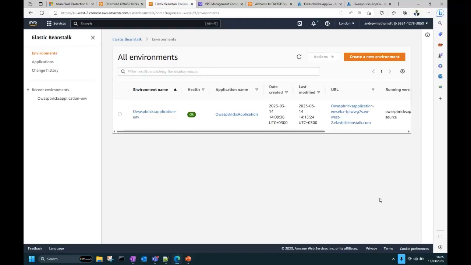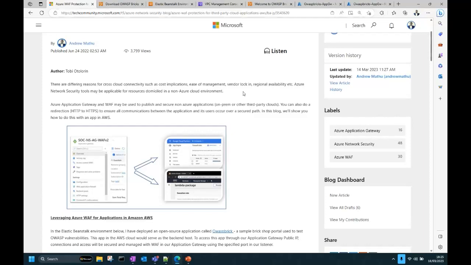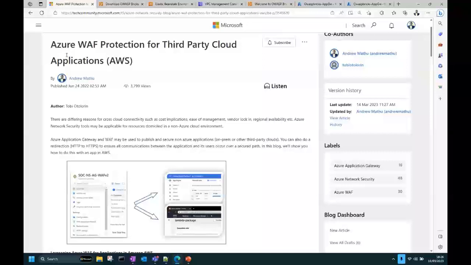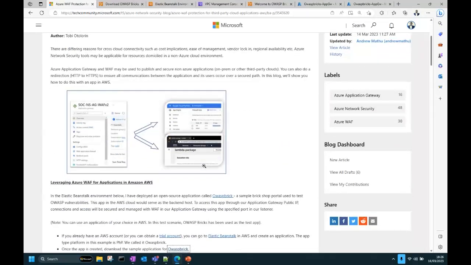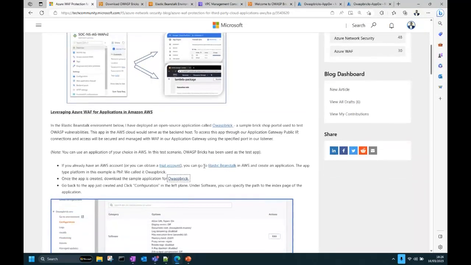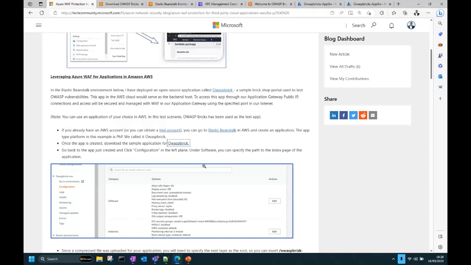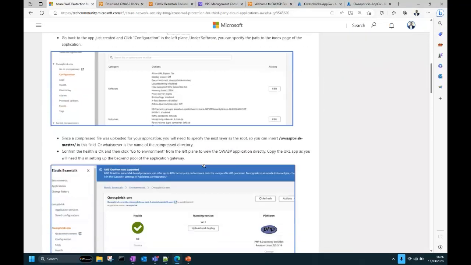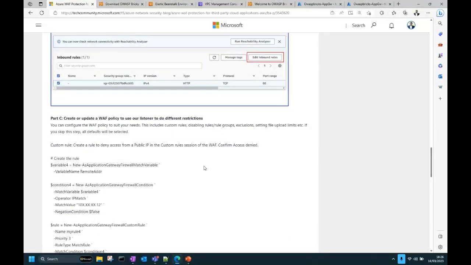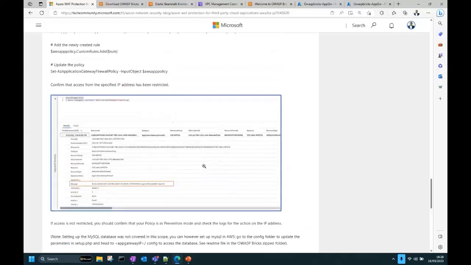So to start us off, I will go to my browser, and just to note that this is based on this blog that you had published last year. The title is Azure WAF Protection for Third-Party Cloud Applications, and this was for AWS. So this gives us a step-by-step process of what we need to do, which application we need to download and deploy in AWS. We also discuss how you configure the application gateway with WAF